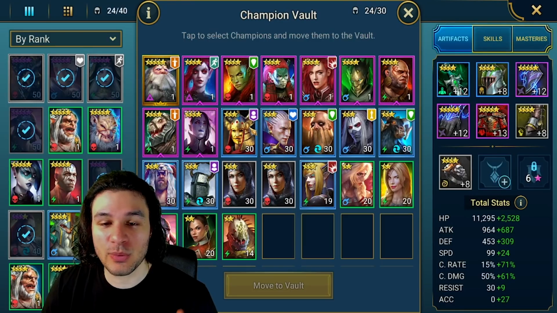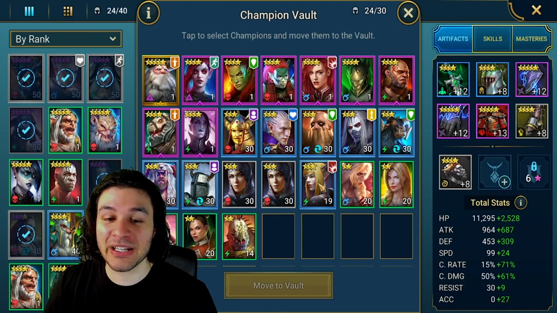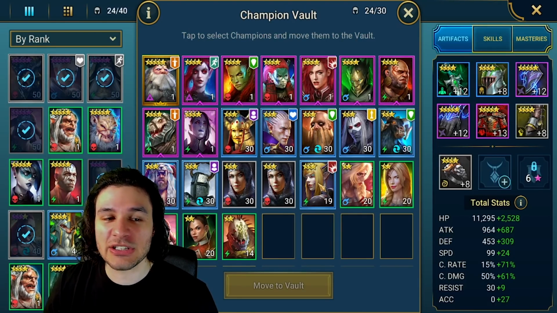Executioner is new as well. We do have a Sentinel here, and I think I have the rest of these champions. I'm pretty sure I got all of these champions. Kyria was definitely a new pickup. I am going to be keeping her, using her possibly for Clan Boss, definitely for Faction Wars, that I'm not sure about,